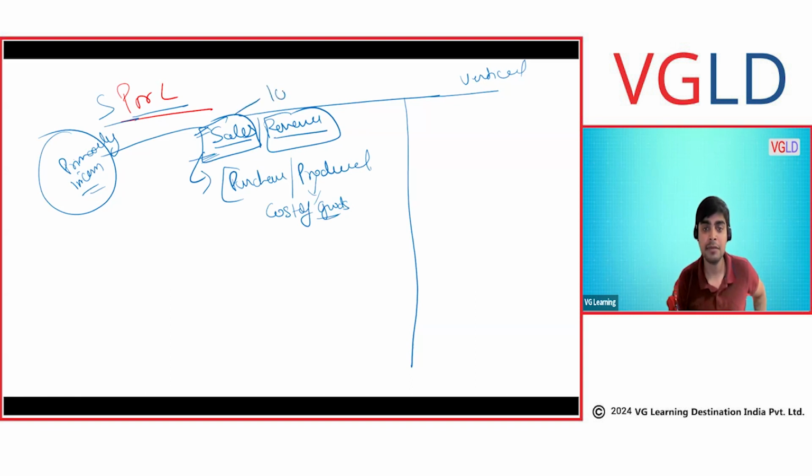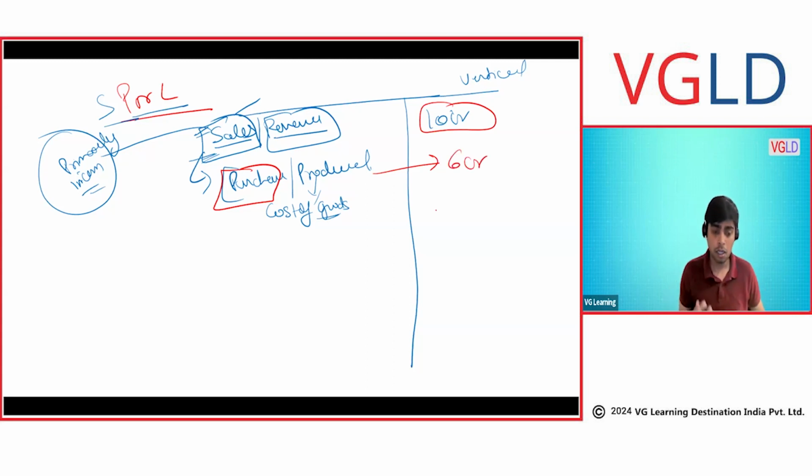Let's say I have sold 10 crores. I made a sale of 10 crore. For a 10 crore sale, I would have purchased goods, let's say for 6 crore. Cost of making goods, cost of goods sold,